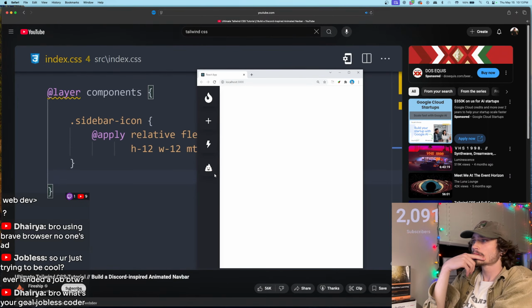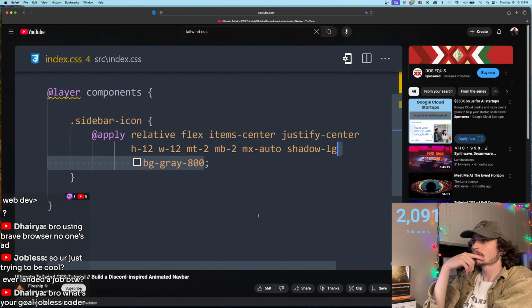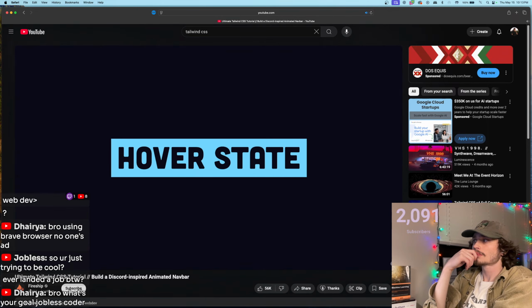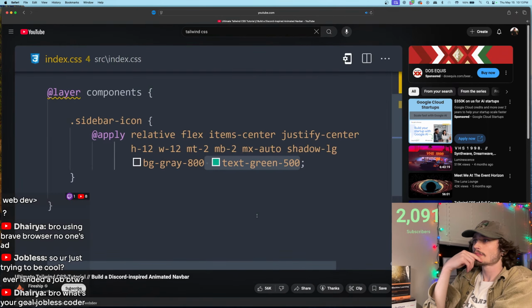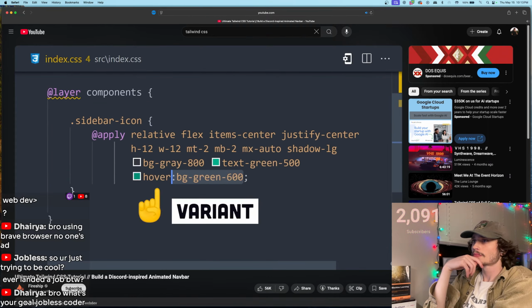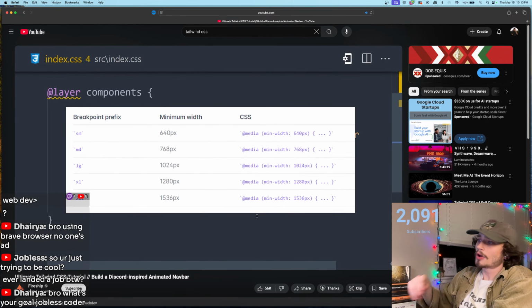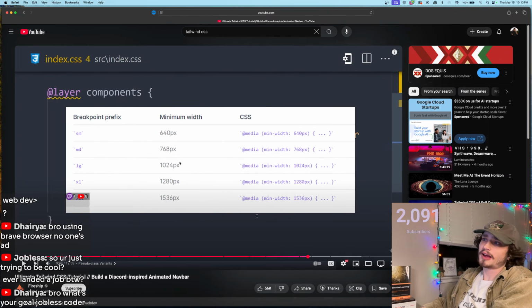Now let's go ahead and give each icon a gray background and a text color of green. But now you might be wondering, how do we change these colors when we hover over an icon? Tailwind provides variants for CSS pseudo classes by simply prefixing existing classes with hover, focus, and things like that. It's also worth noting that there are variants like medium and large